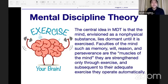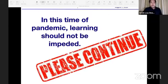And just like our muscles, kapag gusto nating i-boost yung muscle natin o i-develop yung muscle natin, we have to exercise. It's similar with our minds or the minds of the children. Kapag gusto nating mahasa yung bata in terms of fluency in reading, then we have to apply this theory. We give more exercises. We let our students, our children practice until such time that they develop fluency. That is why in this time of pandemic,